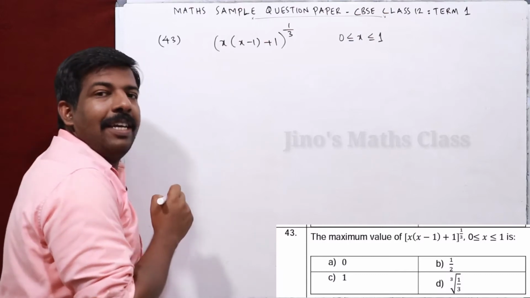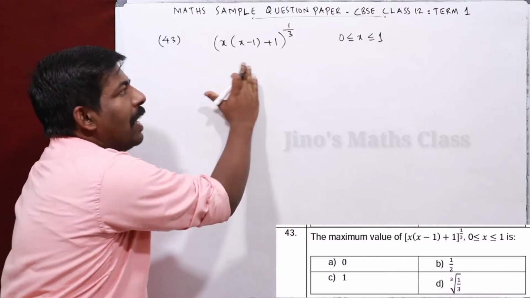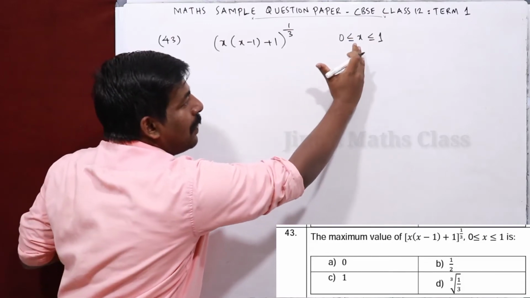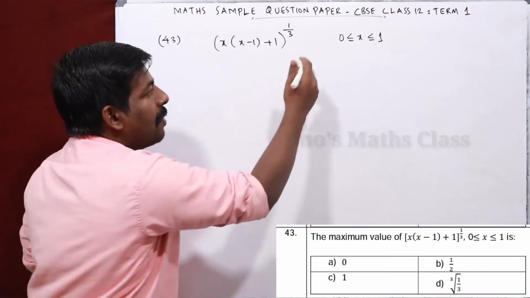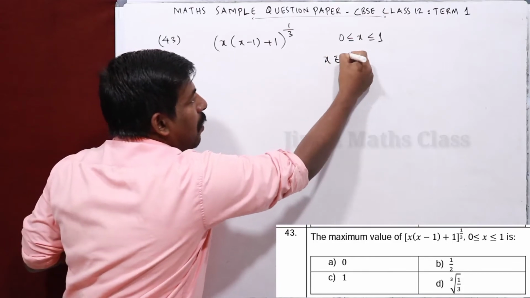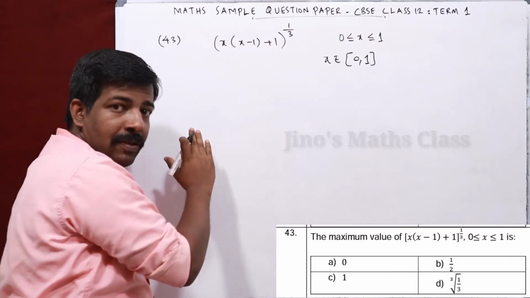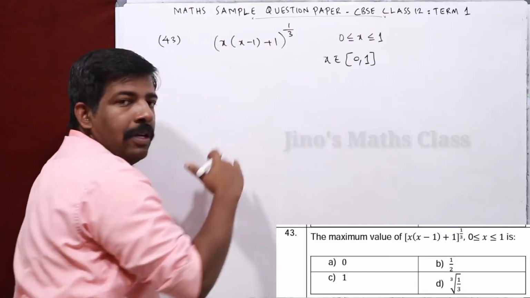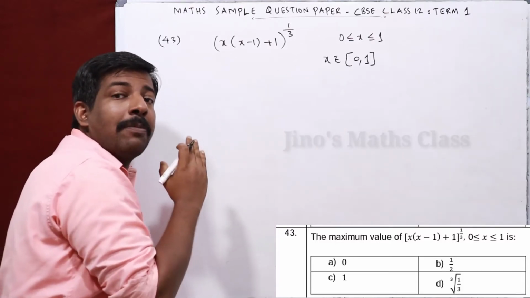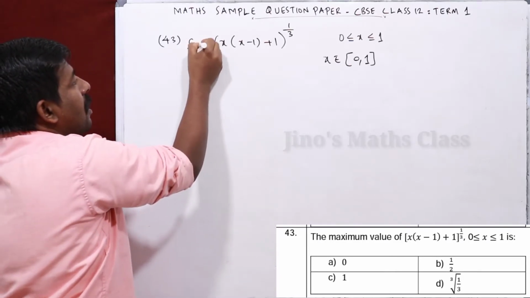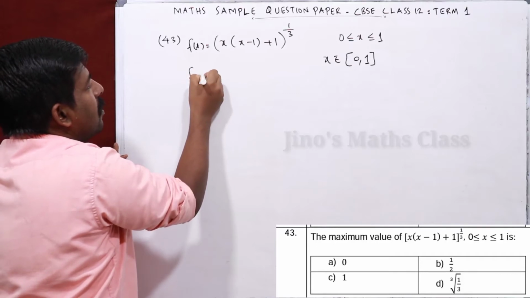Question number 43. Here we have to find the maximum value of this function, and it is given that 0 is less than or equal to x less than or equal to 1. That means x values are from the closed interval 0 to 1. So here they asked to find the maximum value from a closed interval, which means we can surely tell it is the absolute maximum value. So here we can take the function as f of x,